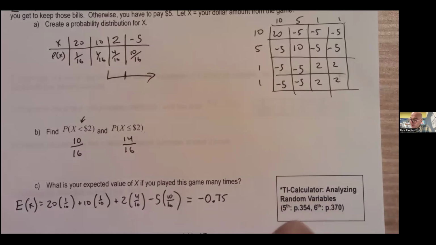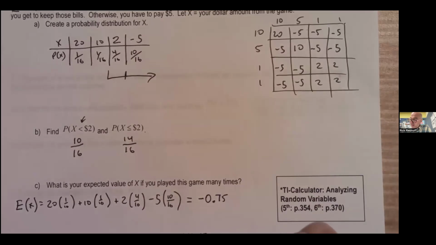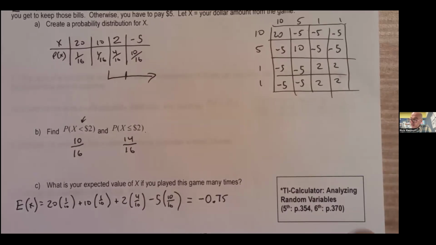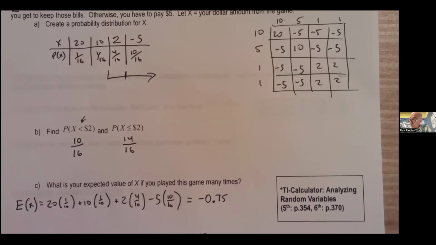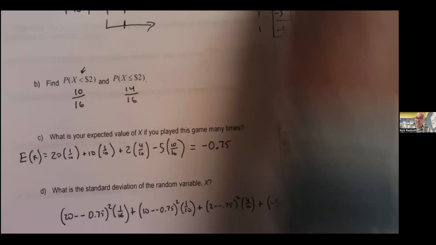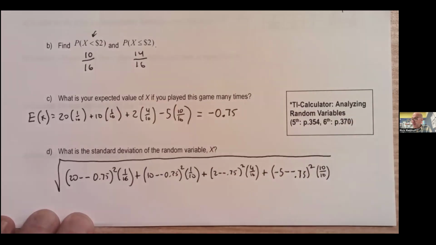And then I'm going to go plus, let's see, 2 minus negative 0.75 squared times 4/16. And then I'm going to do one more plus, let's see, negative 5 minus negative 0.75 squared. And that's going to be times 10/16. And then I got it. Yay. Oops, I keep forgetting to scroll down. I apologize. Once I have all that, I'm going to square root it, and that's going to give me the